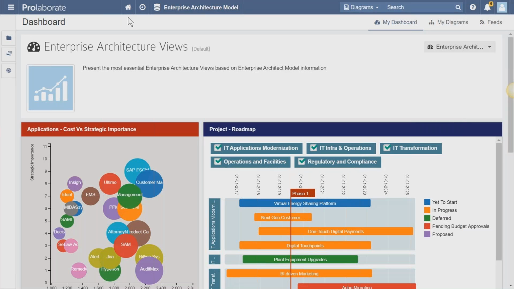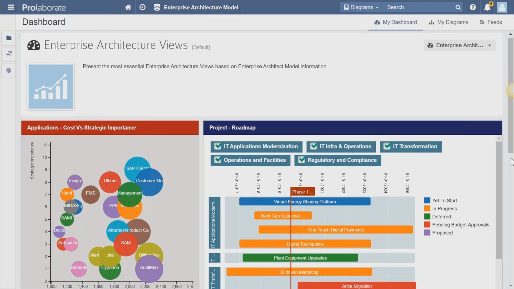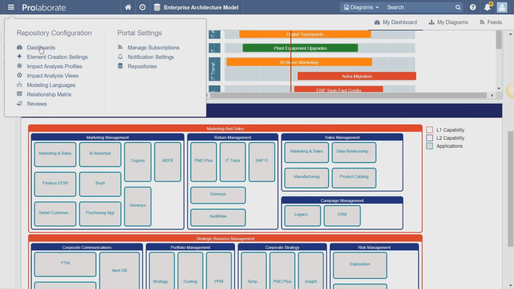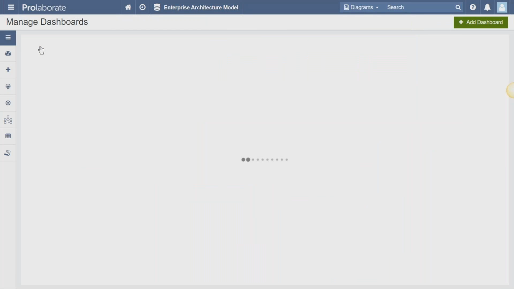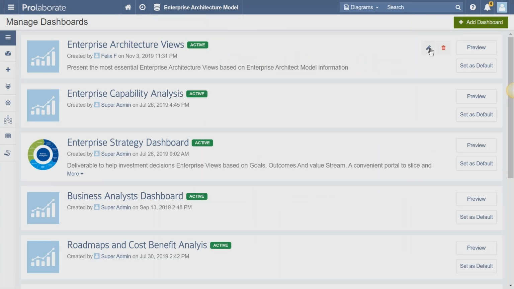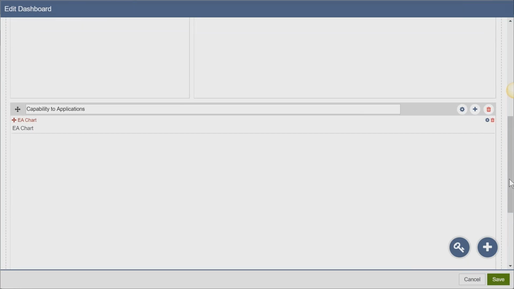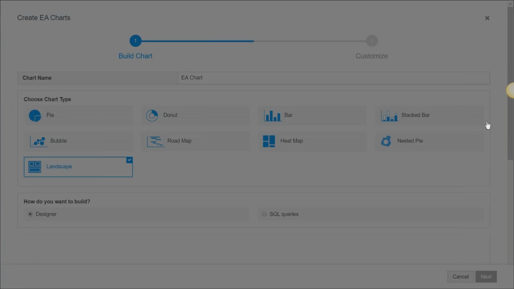I'm going to just show you how you could use the same configuration and change this to some other charts as well. So you don't have to really redefine a chart once again. If I want to use this multi-level hierarchical information to display it as a tree map or a heat map, I could just go and say edit that particular widget and change the type from a landscape to a nested pie or a heat map. All these 3 are multi-level charts, and